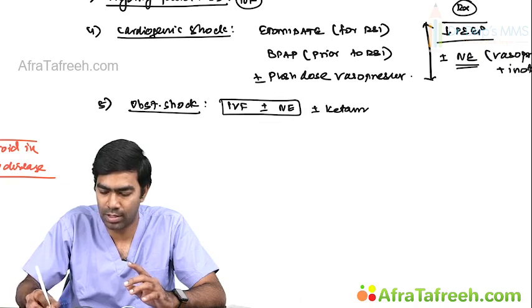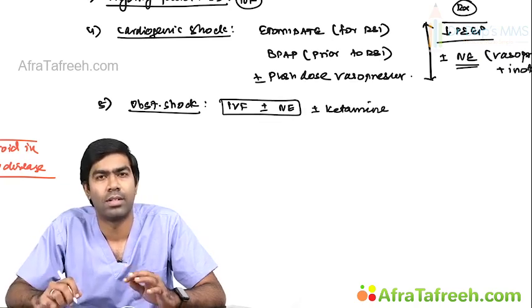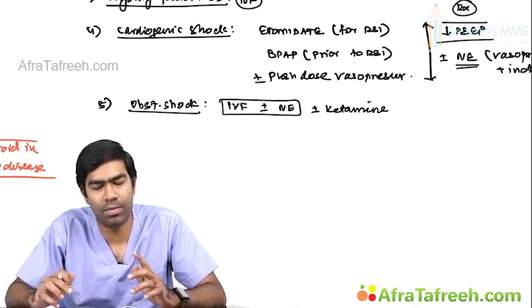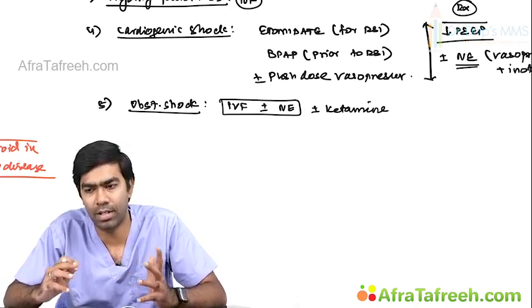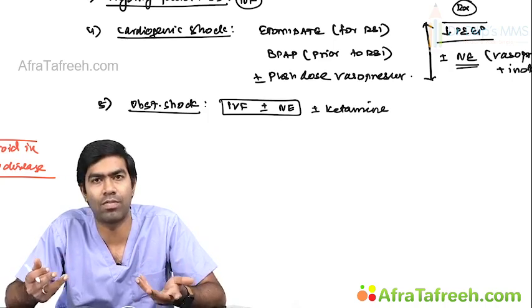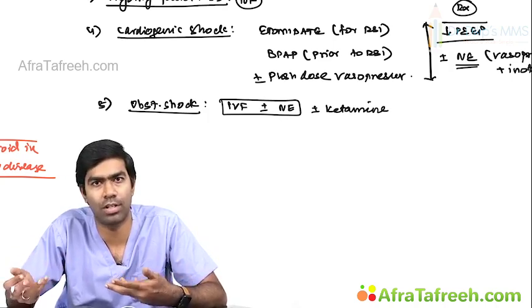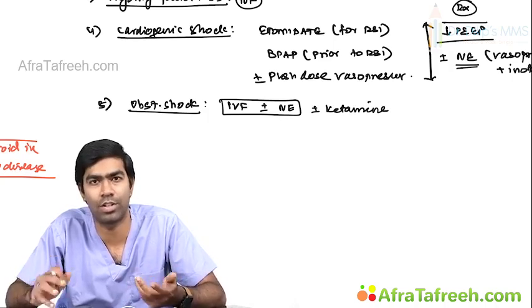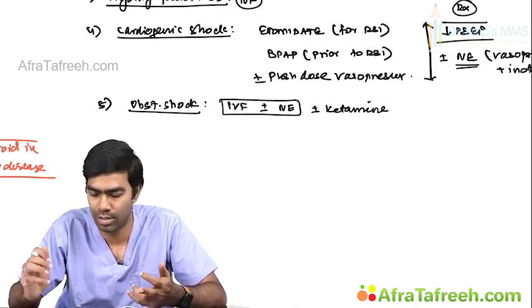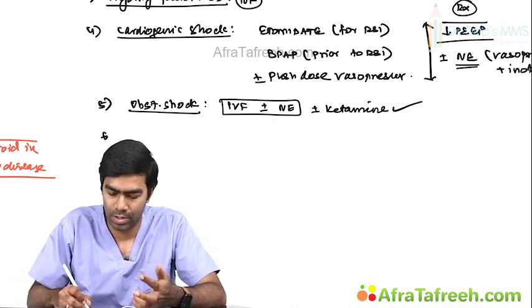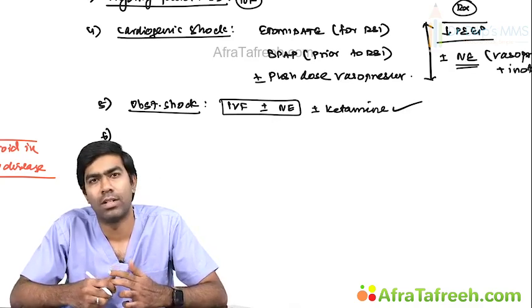For RSI, instead of using etomidate or any other drug, you can prefer ketamine in this case, because the preferential drug of choice in a patient with shock is always ketamine, except cardiogenic shock where you use etomidate as the choice. So you can use ketamine. Okay. Then you have